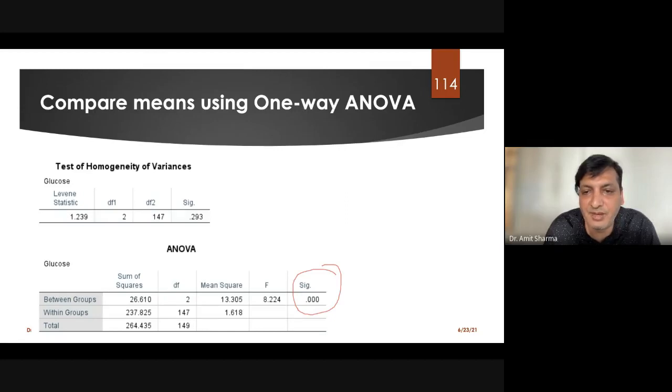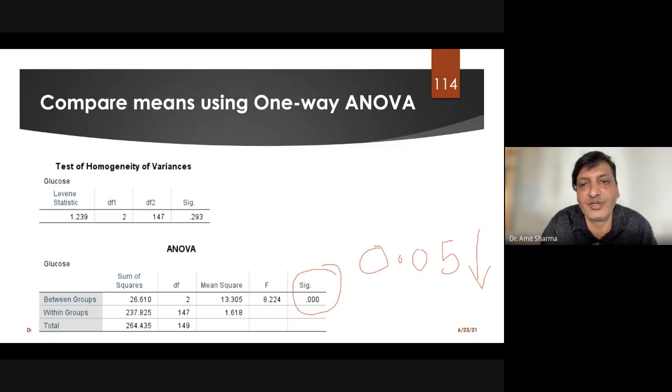If the significant value is less than 0.05, we can assume that we have rejected the null hypothesis and there is a difference between the groups. All three groups are not similar. That means plasma glucose level of three different BMI groups are not similar. As the BMI changes, the plasma glucose level of the patient also changes.